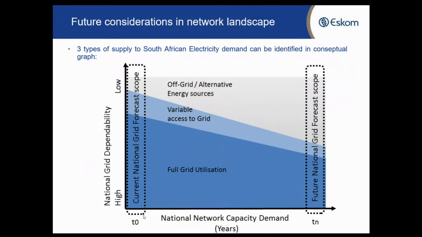However, going into the future, and this is not numbered, it's not quantified because we don't have enough quantitative data to predict this accurately. So this is just a conceptual graph showing us that we might end up in a situation where people using the grid on a full-scale basis is reducing. The variable access can either increase or decrease, and as soon as technology comes into play, better battery storage, we can actually see a majority of people moving over to off-grid